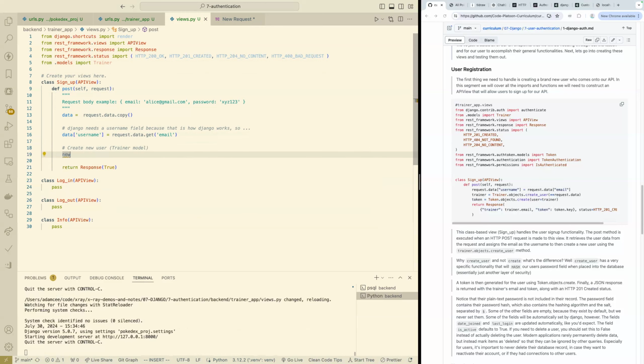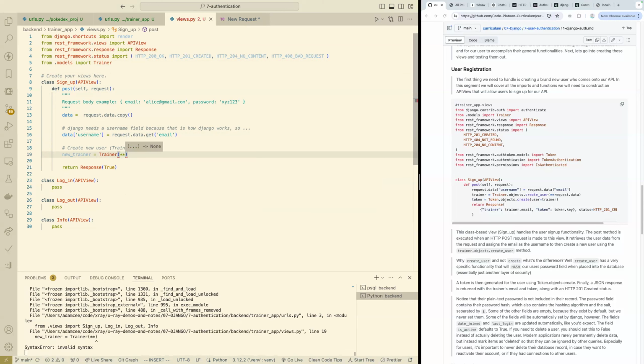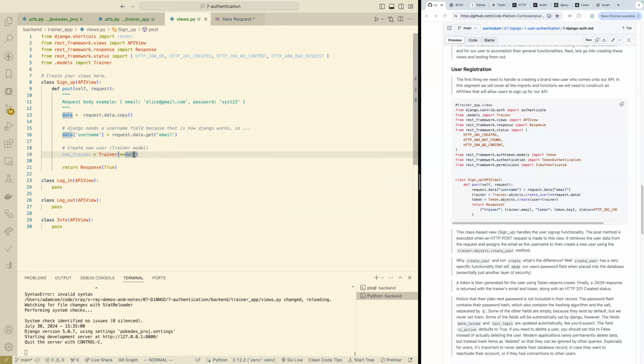And what we can do now is new trainer equals Trainer, and I can use that double star kwargs, if I'm saying it correctly, data, and that's basically the same as trainer username equals, you know, data get username,